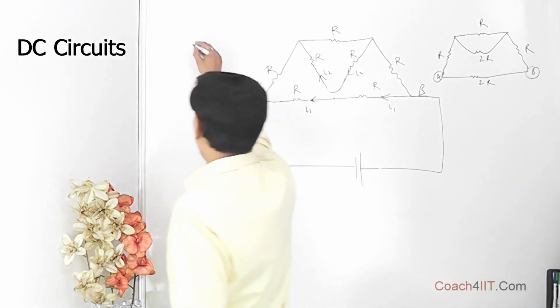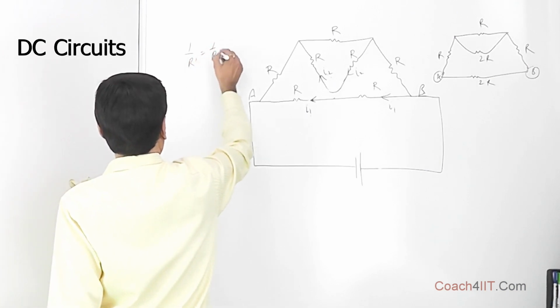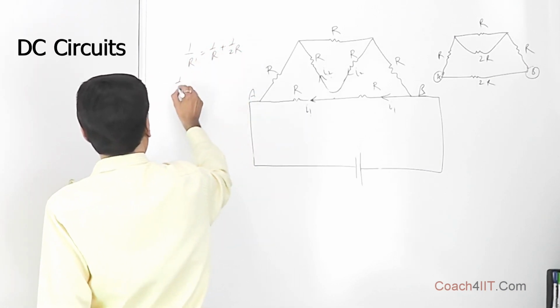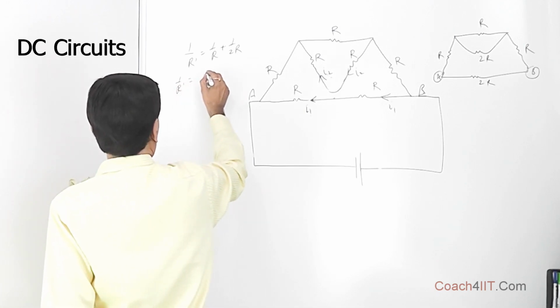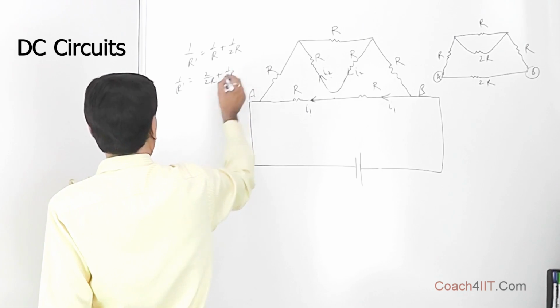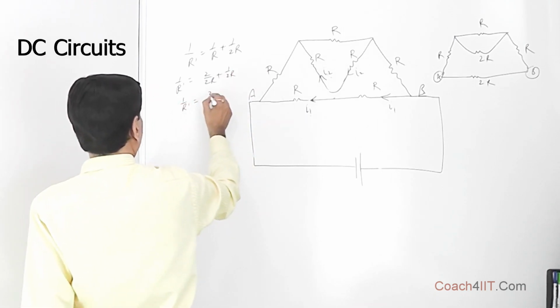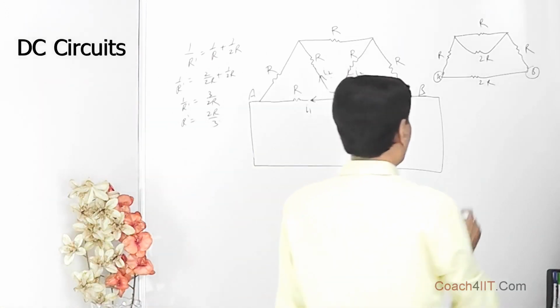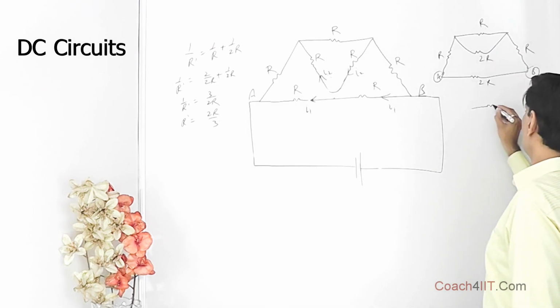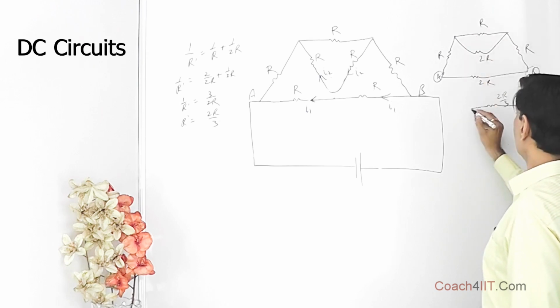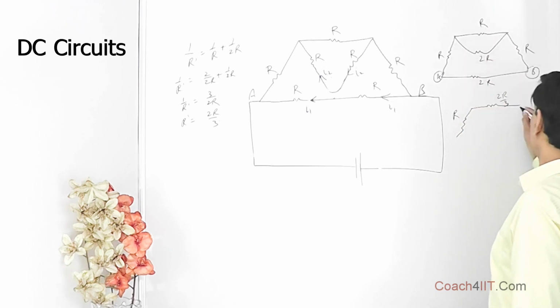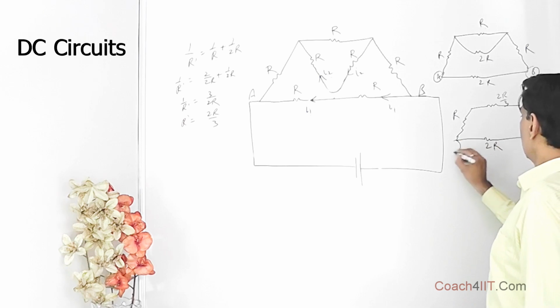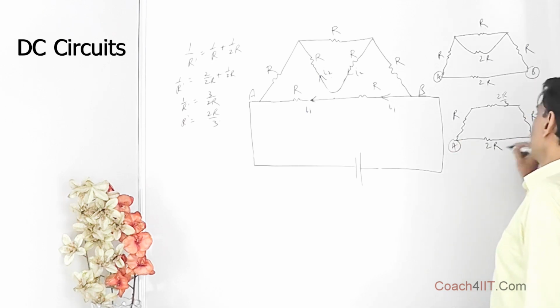So if we say 1 by R dash is equal to 1 by R plus 1 by 2R, so 1 by R dash is equal to 2 by 2R plus 1 by 2R, so 1 by R dash is equal to 3 by 2R, so R dash is equal to 2R by 3. So what we can do is, this and this they are parallel, we can call this as 2R by 3, this is 2R by 3, this resistance is here, this resistance is here, and this is 2R, and these are ends A and B between which we have to